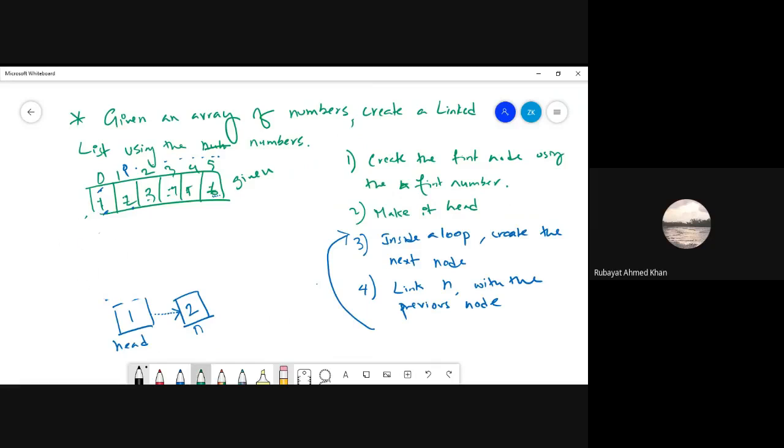Okay, let's write the code. The first line is create a first node. So I create my node, the first one. Let's say n1 is equal to node,